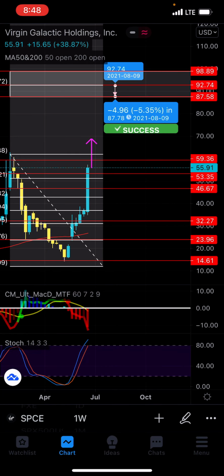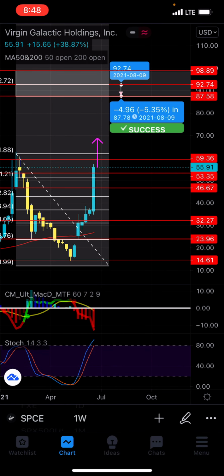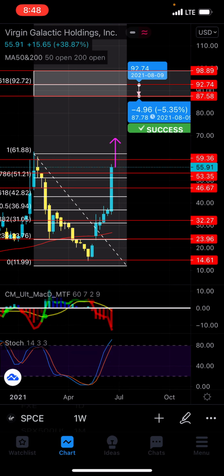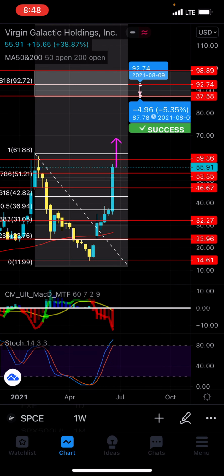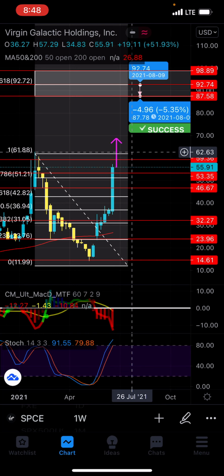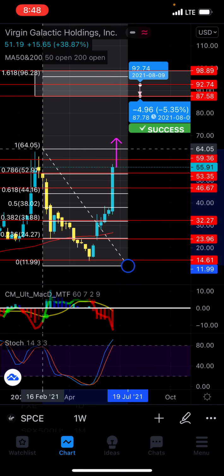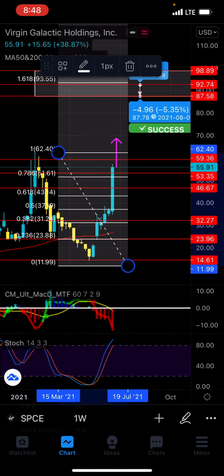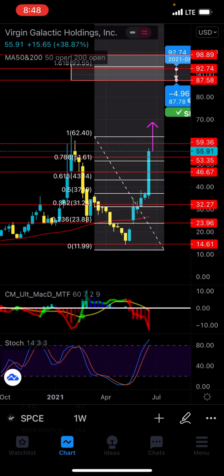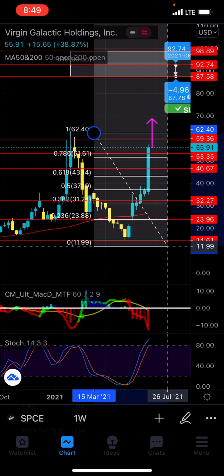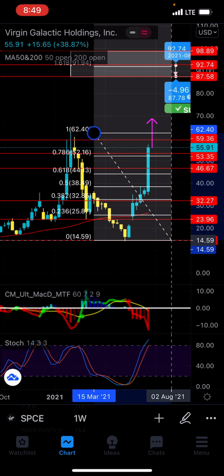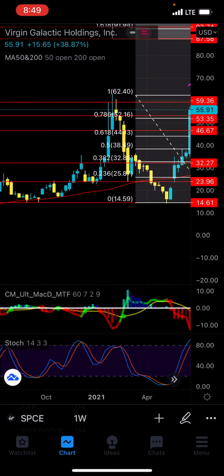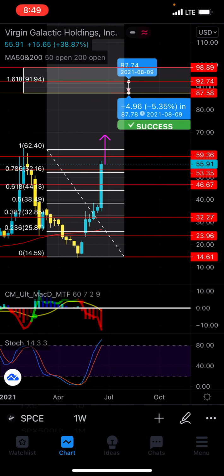But anyways, this is a solid strategy for anybody to use. But again, this would only work on breakout stocks that are already trending towards the upside. And SPCE right now is a perfect example of what you should be doing as soon as it breaks that previous high of $62.40, whatever, right? Again, this is just a solid example.